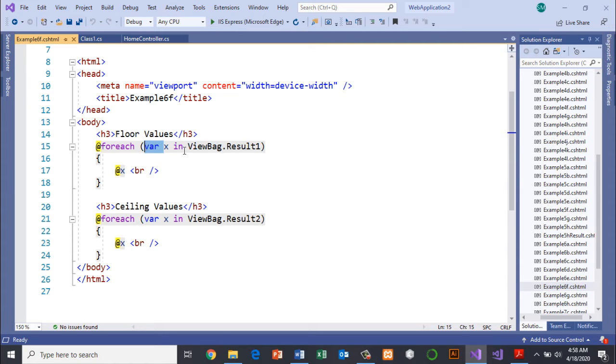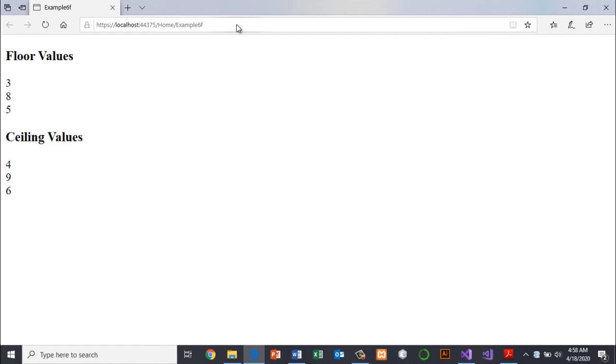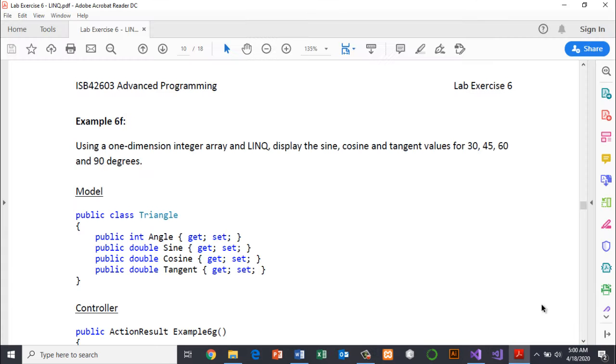So here we have ViewBag result 1. Here is ViewBag result 2. And if I run this, you will notice that yes, it displays the floor values and the elements within the array.